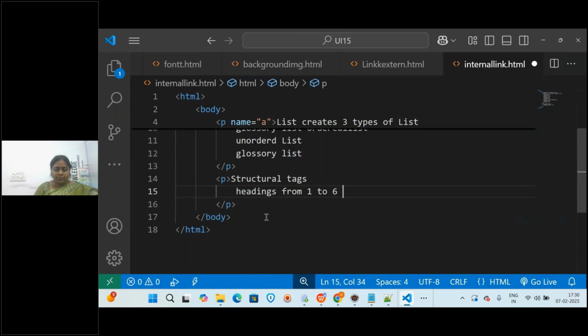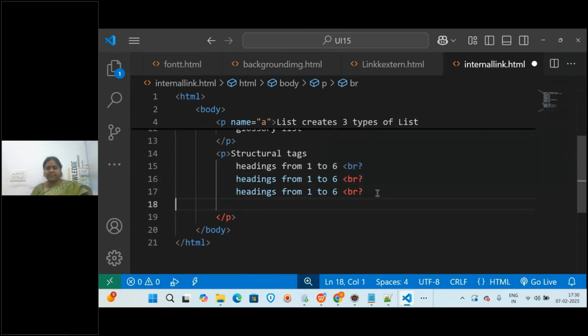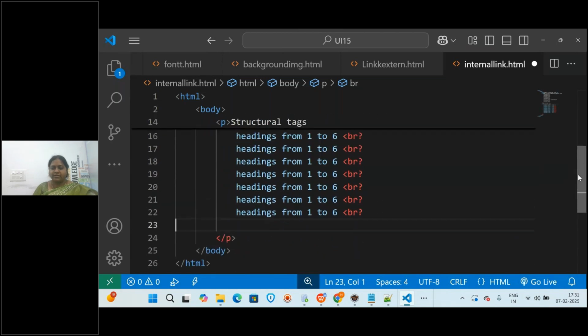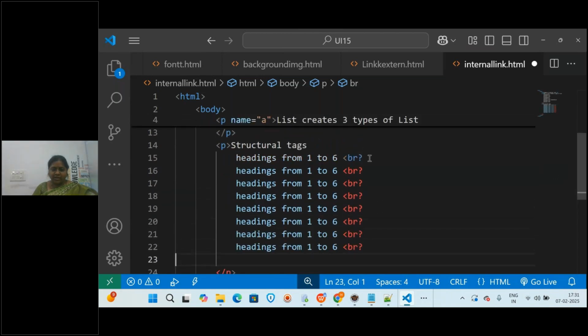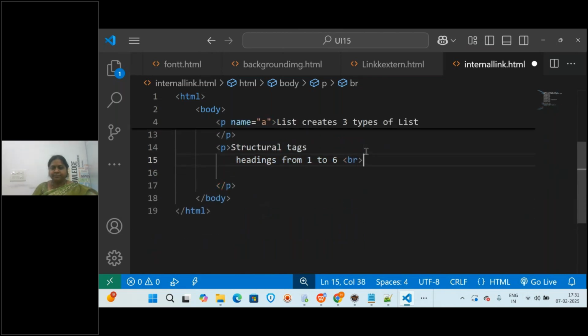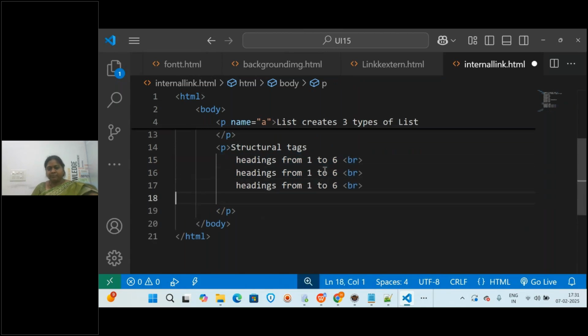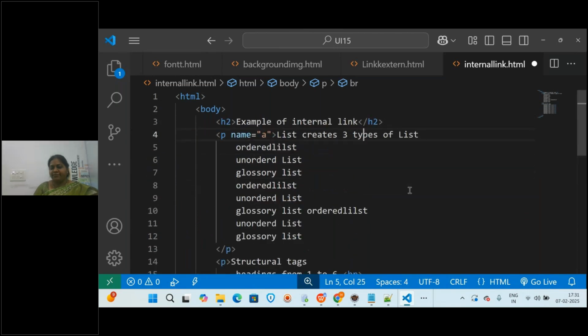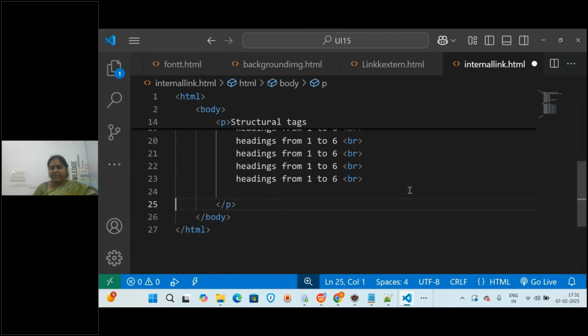And I will also be using the break tag to come into the new line. So I'm just copying the same text just to get the multiple lines of code wherever you want. Oh sorry, I forgot to add the break closing. Okay, like this we have written. So like this we have different sets of code where we can write multiple times.